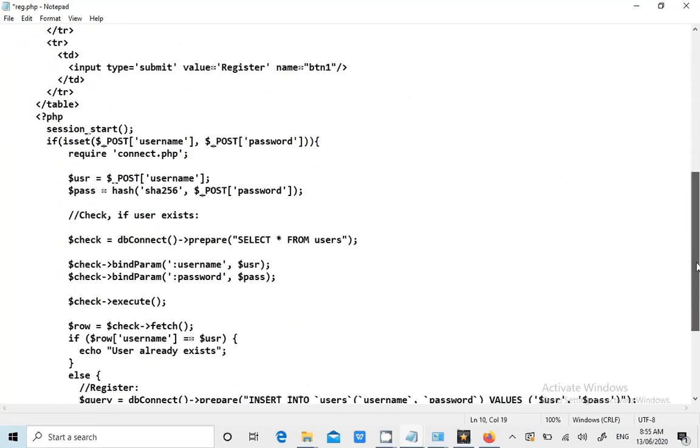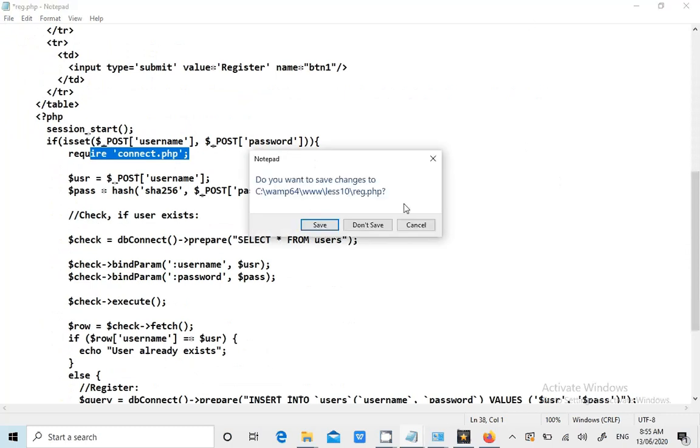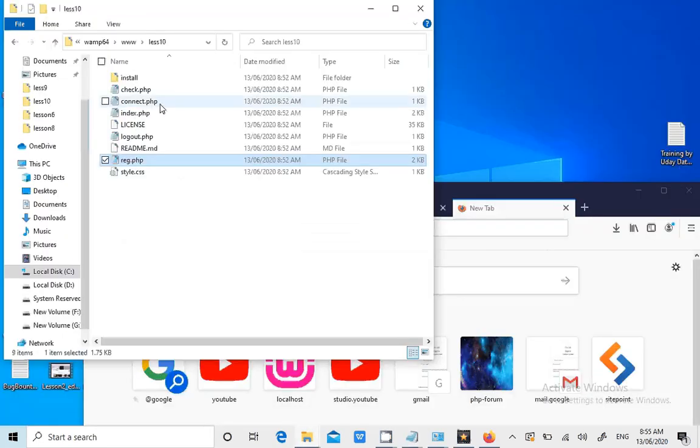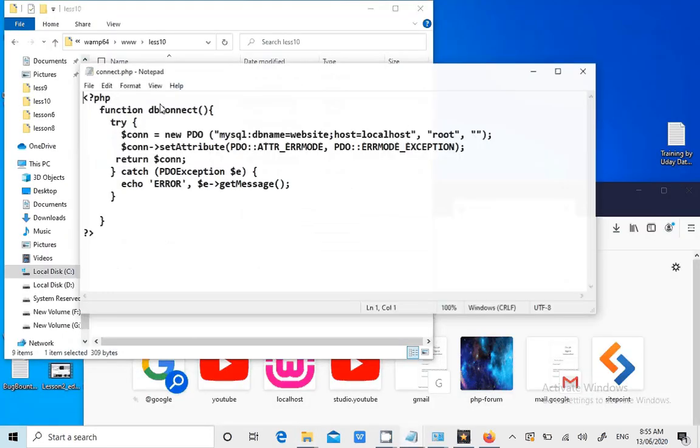Okay, now, as soon as we enter the username, it's requiring connect.php. Now we'll go to the connect.php page. Okay, now it's connecting to a database called website. Do you have the database called website?